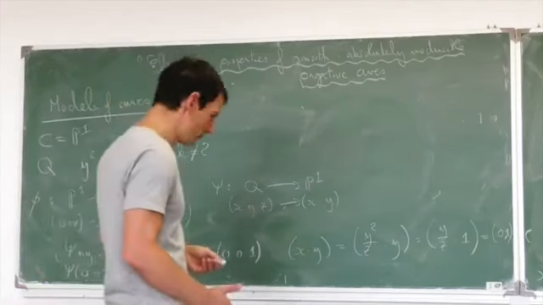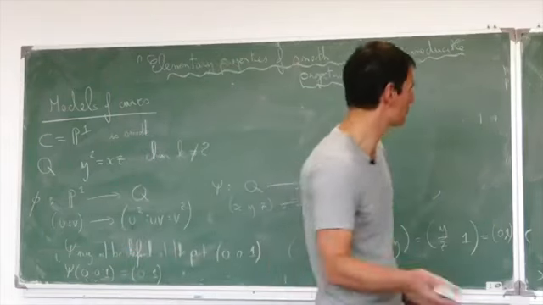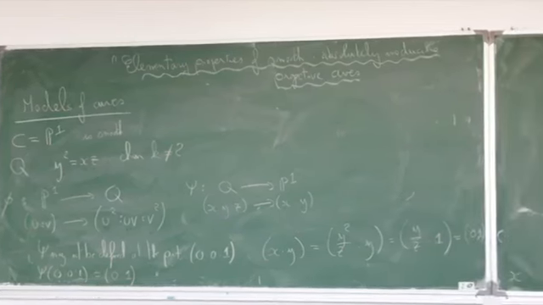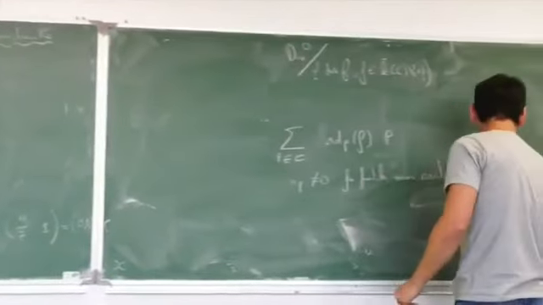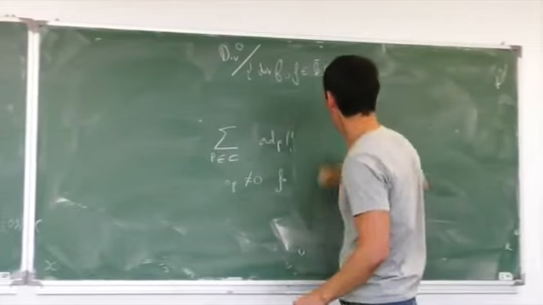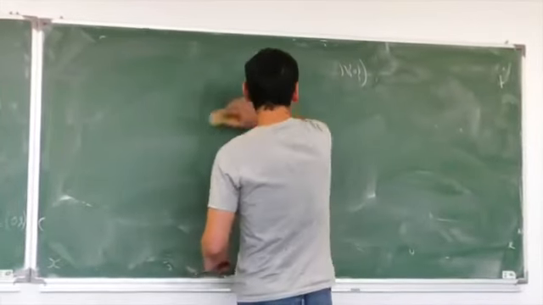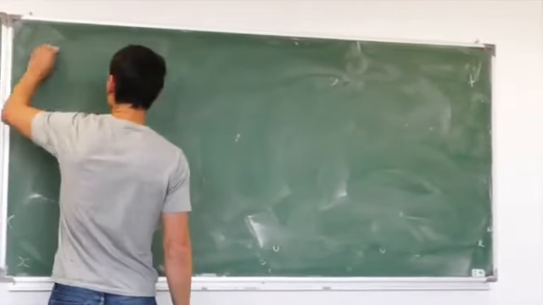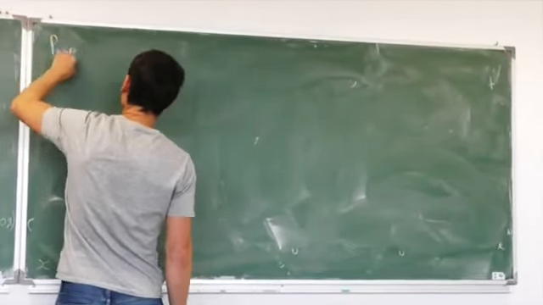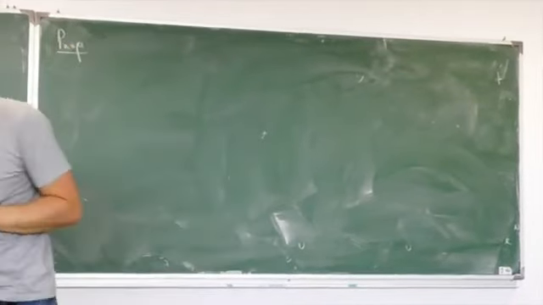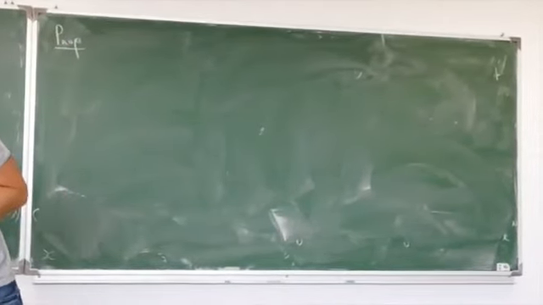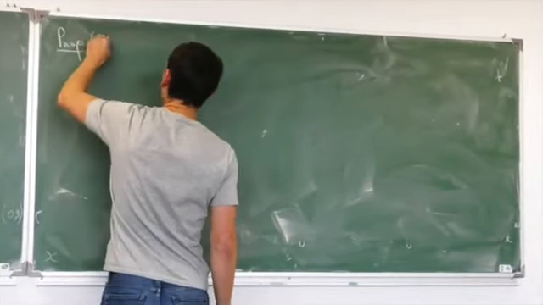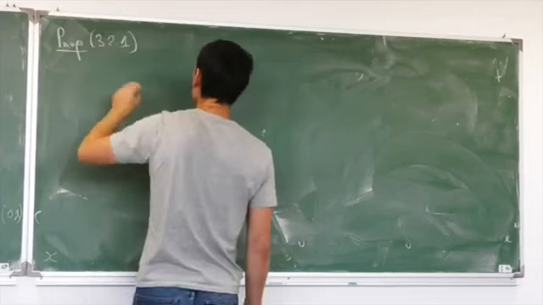And the first thing that we have to realize, I mean, it can sound like, wow, we were really lucky. We had a rational map, and it turned out to be a morphism. But this is always the case. This is a very nice property of smooth curves. So proposition, which is proposition 3.2.1 in the notes, is that if you have